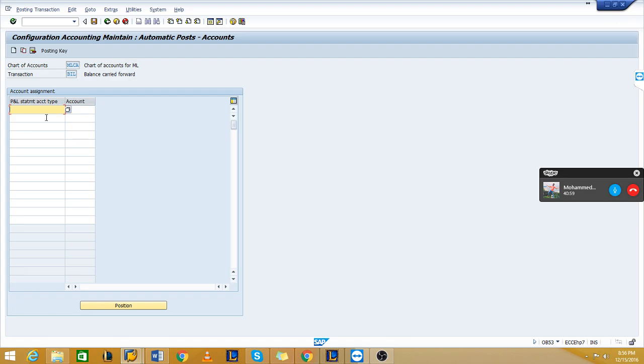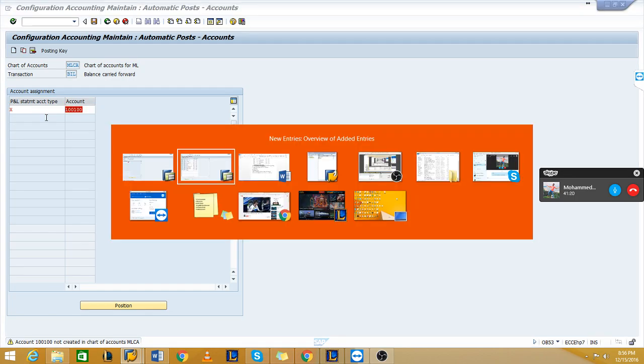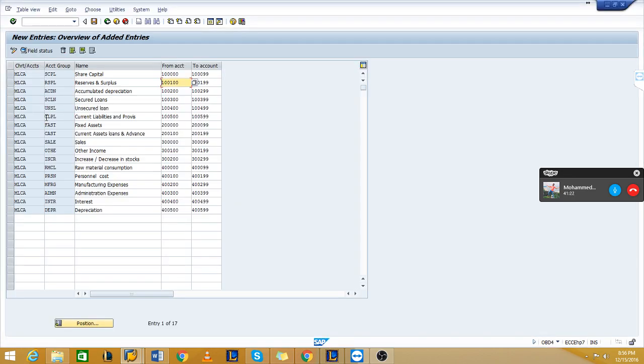Initially we will take the example of only one. So I will create, saying X, and my retained earnings account is 1000100. It says it is not created yet.